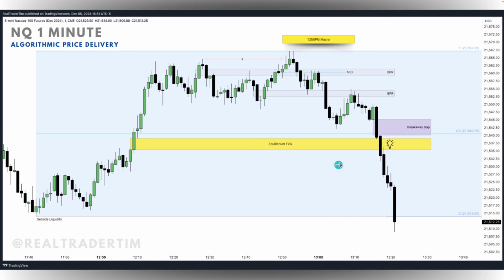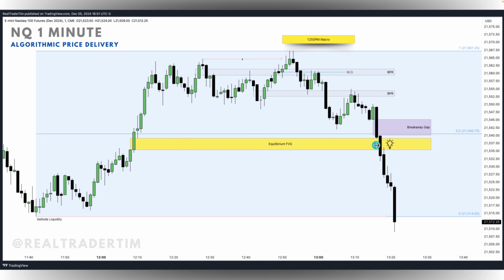Right, this one and this one. You should add that to your notes. If the equilibrium fair value gap fails and we're looking for sell side continuation, we're going to go to the next discount objective. It can be a swing low. It can be a secondary swing low like this, an unfilled BISI. That's how I utilize this. Okay, and also